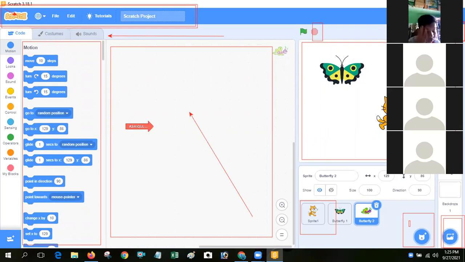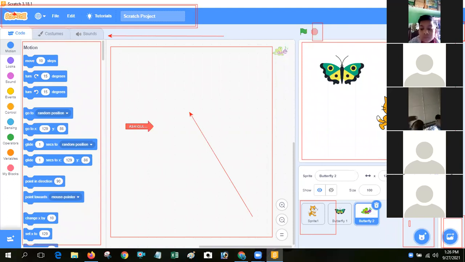Next, you see editing a sprite. We already discussed how we can add a sprite in our Scratch program. Now you can see page number 7. Paint a new sprite. That means edit. How can you edit your sprite?